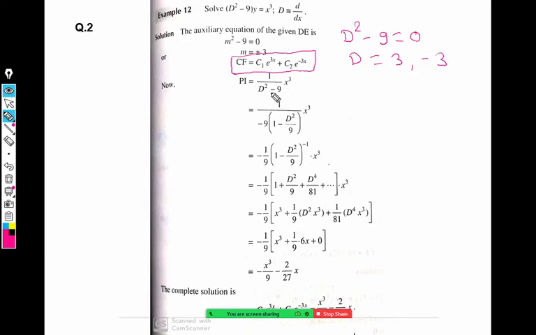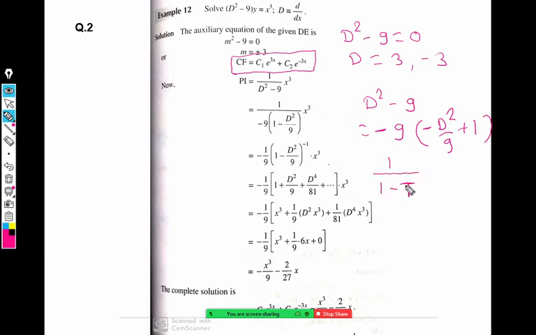So you will observe, if minus 9 is taken common, I will write it here again, d square minus 9. From this we are taking minus 9 as common. If you take minus 9 as common, minus 9 upon minus 9 is 1. It becomes minus 9 times (1 minus d square by 9). Is that clear? The lowest degree term is a constant term right now. The constant term has 0 degree, and minus 9 is taken common, and it appears in the form of 1 upon 1 minus t.